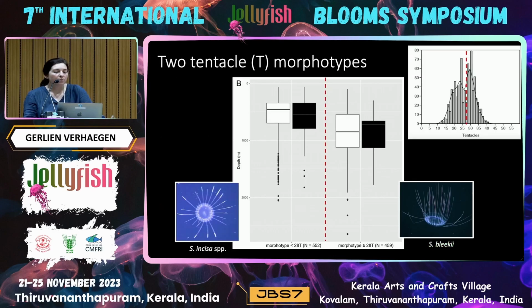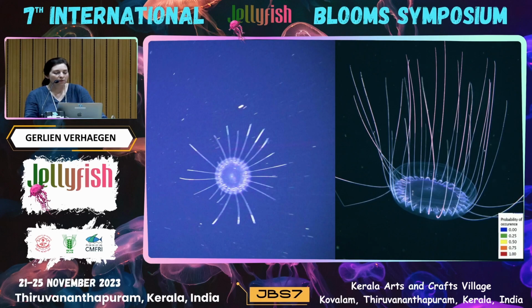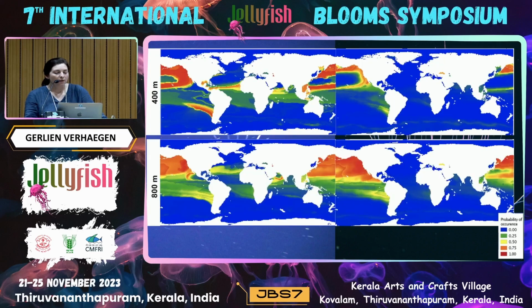And when we look at where these are distributed, on the right were the 28 and plus species, and on the left, we could see there was a division along the depth gradient, with the ones with less than 28 tentacles around 400 meters, and the other one around 800 meters. And this was also reflected in our model. So the way that we looked in 3D, we were able to also see there was some different niches, although there is some overlap in 2 dimensions.